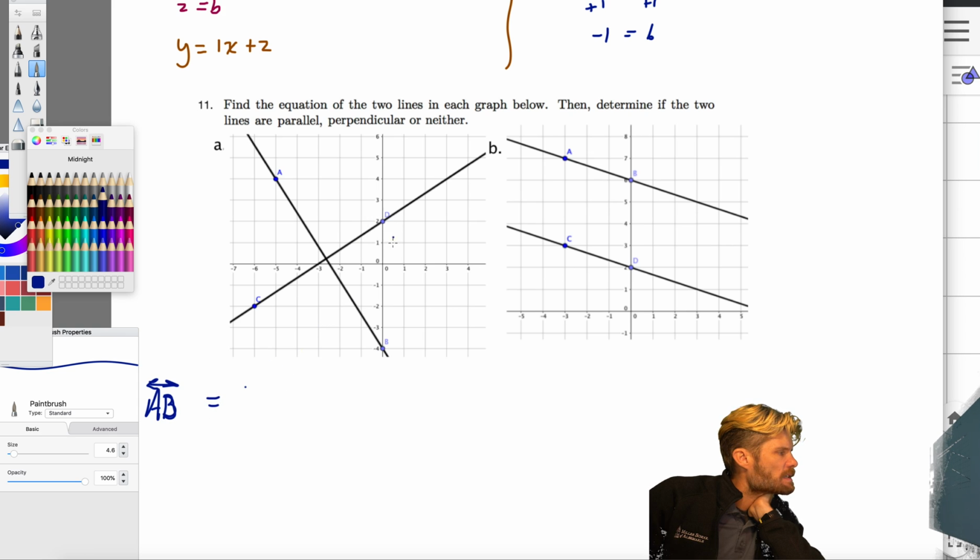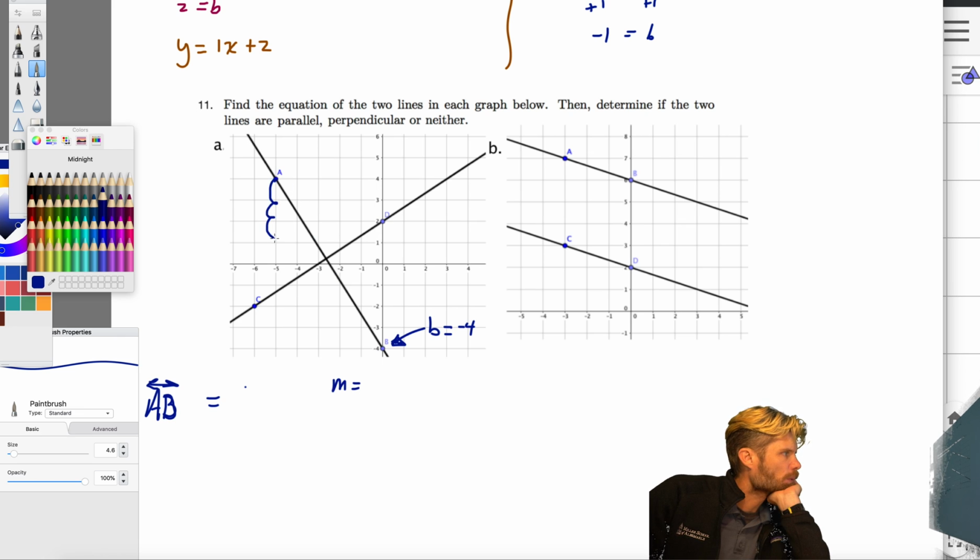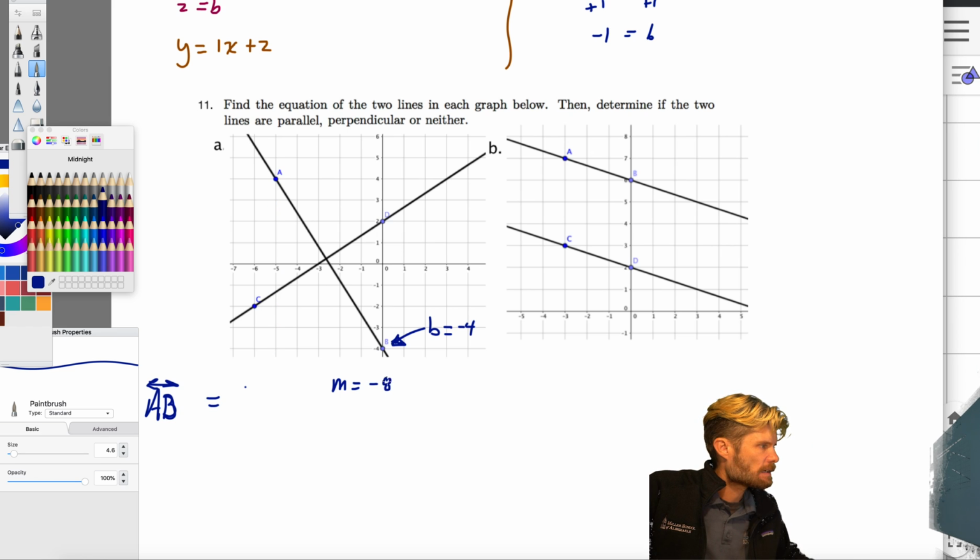So we want to get this in y equals mx plus b form. So here's our b right here. That's -4. And what's our slope? So let's find some points. Let's go from A. Slope is going to be, well, let's do the slope first here. We're going to go down 1, 2, 3, 4, 5, 6, 7, 8. So that's down 8. That's a -8